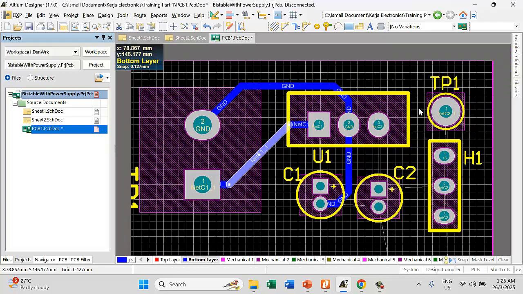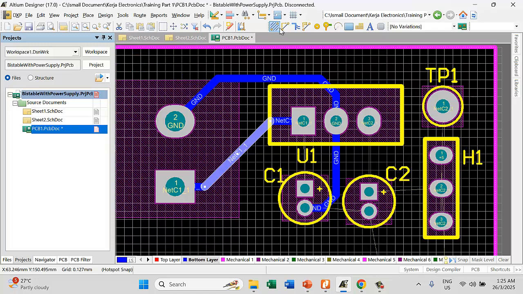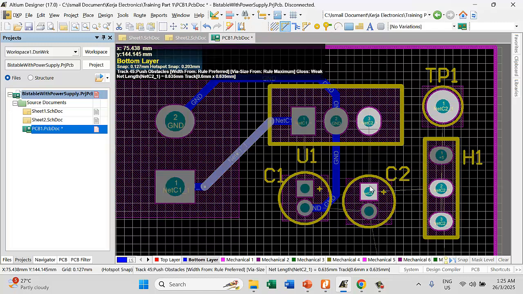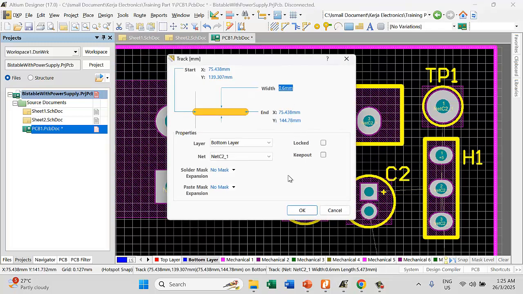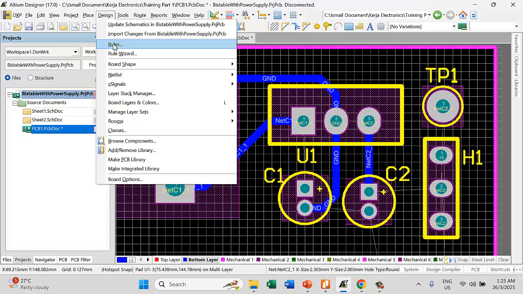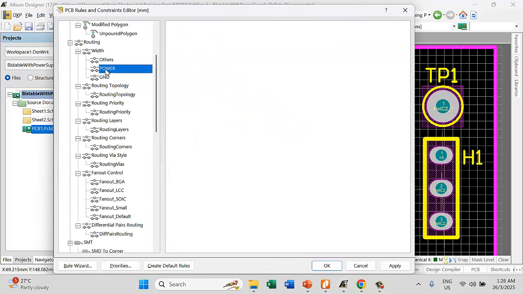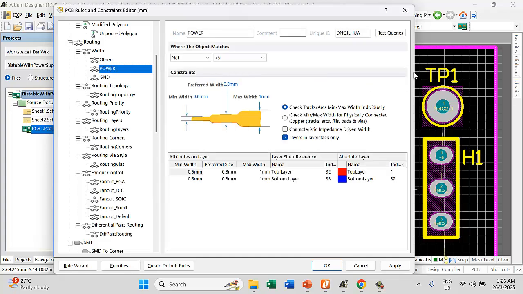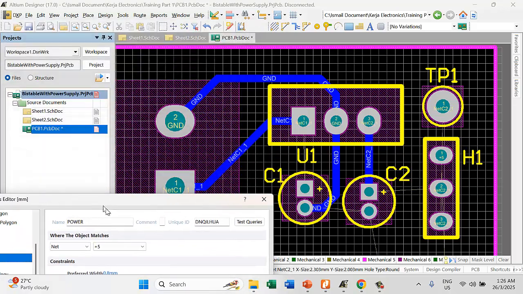We need to check it. This one is net 2. Net 2 should be positive, should be power. This one. Again, if you look at it, it is 0.6. So what we do, go back to design rules, then click power. We have no problem with ground, but we have a problem with this